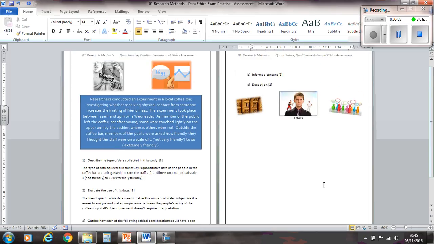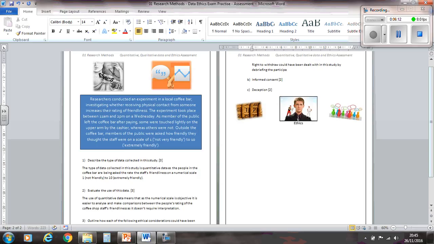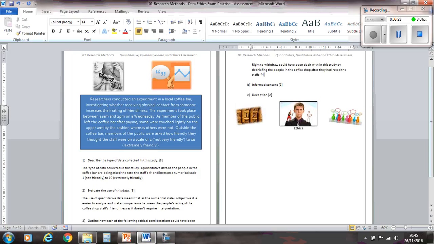So we could say right to withdraw could have been dealt with in this study by debriefing the participants, in fact debriefing the people in the coffee shop after they had rated the staff's friendliness and told them they had taken part,